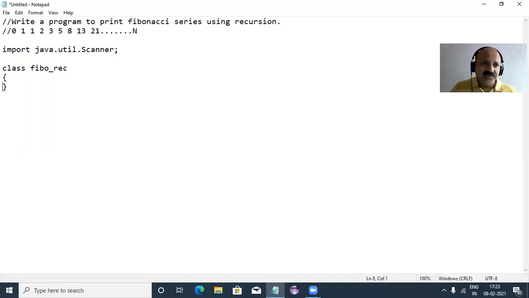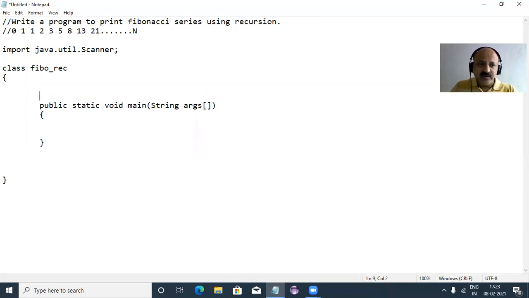So let us start, and what to do. Here first we write public static void main. That is our main method, and we pass String args and then opening and closing braces. So now what to do.